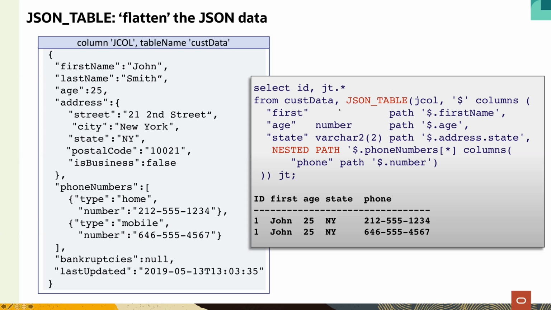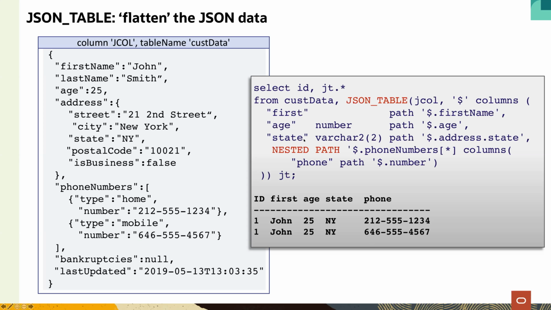I don't think officially, but internally, because it generates rows and columns. So you pass your JSON value as input to JSON table, and then you list all the fields or all the columns that you want to extract from this JSON. For example, we say, I want to have a column age. Its data type is a number, and the value is what you find if you walk this path expression, $.age. Dollar is just the placeholder for the current context. Has nothing to do with money. You don't have to pay Oracle any money to use JSON. It's free. It's basically saying, go to my document and go to the age field. Basically, this 25 is getting extracted, and you then see this as a column value in your table.